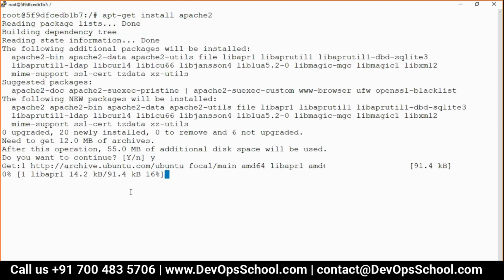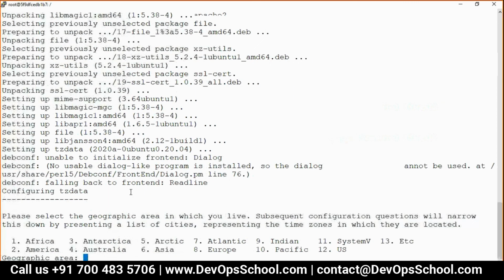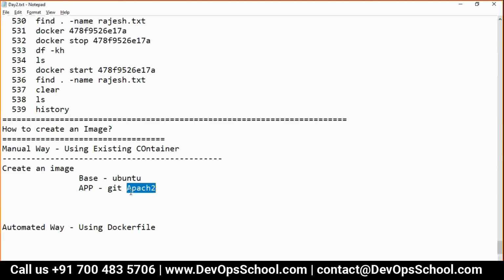You're installing on your root machine, right? Both Git and Apache. Container, sir. So you are inside the container now? Of course, yes. I'm inside the container, sir.